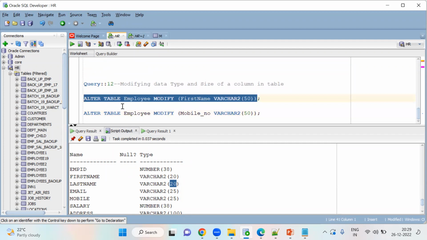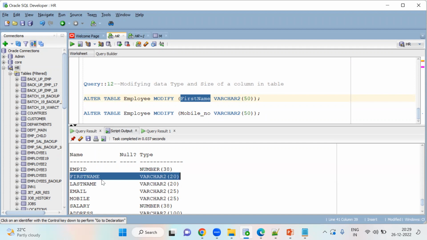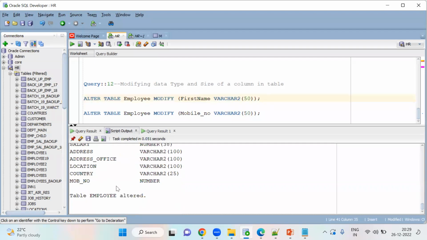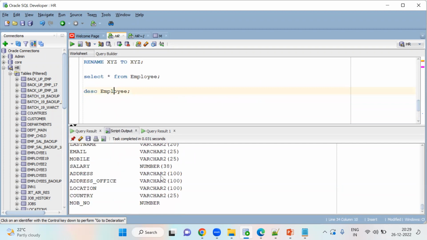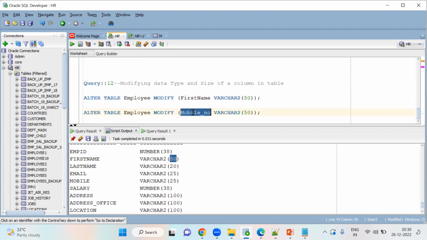Truncate is easy only. Now, if you observe here, how many columns are we modifying, guys? First name, what is the data type and length? First name is varchar 50 and it was varchar 20. So we are making it 50. See, table employee altered. If you see the structure now, previously it was 20, now it's changed to 50. Mobile number, mobile varchar is 25 here. If you want to make it 100, then